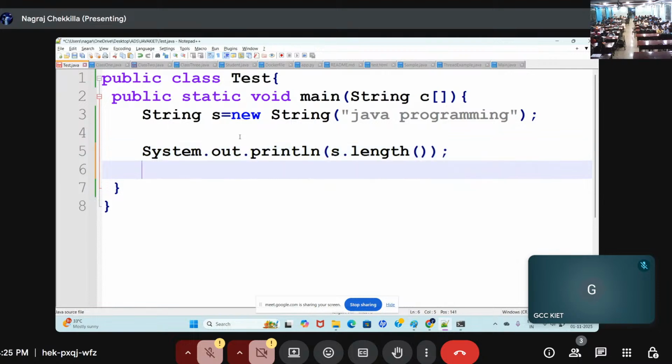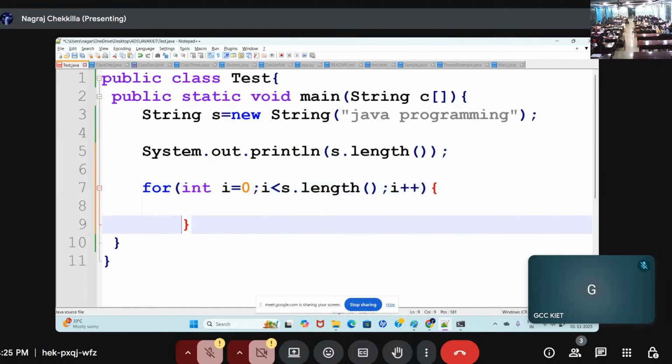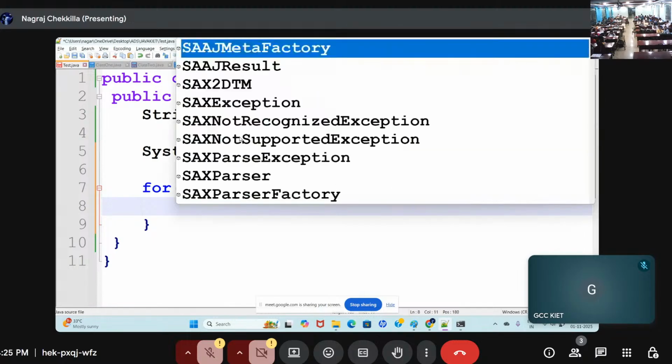And we access the characters based on the indexes. int i is equal to 0, i less than s.length minus 1, i plus plus. Open the loop and close the loop, and there is a method called as